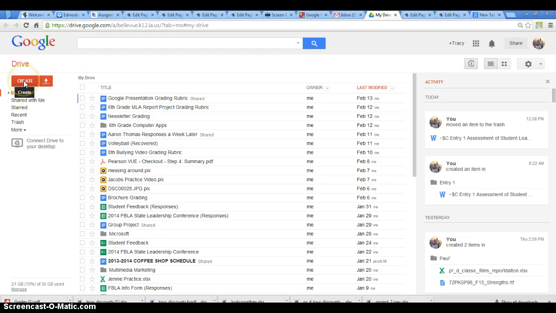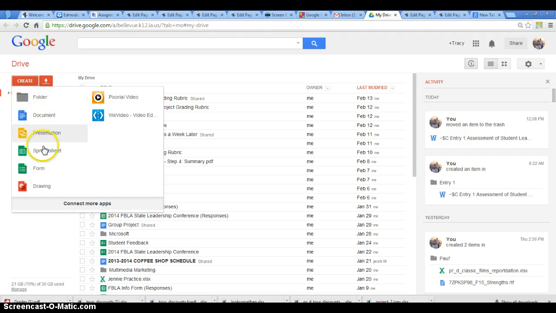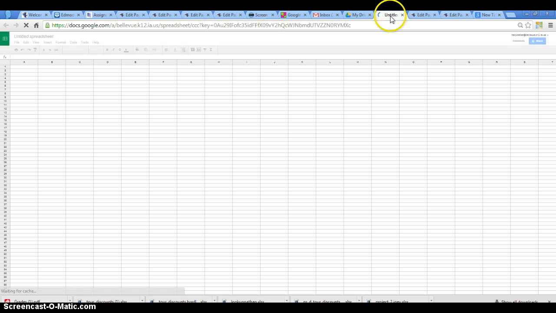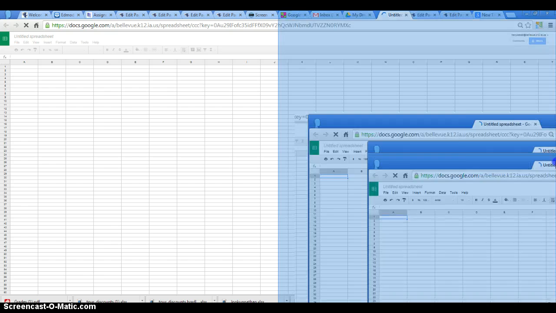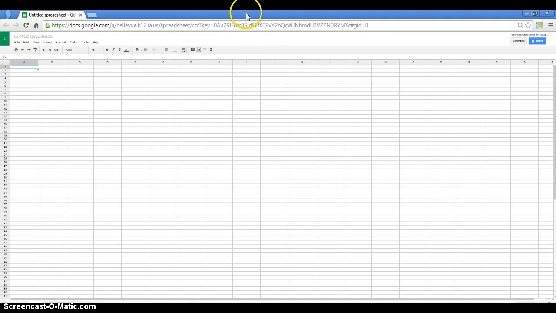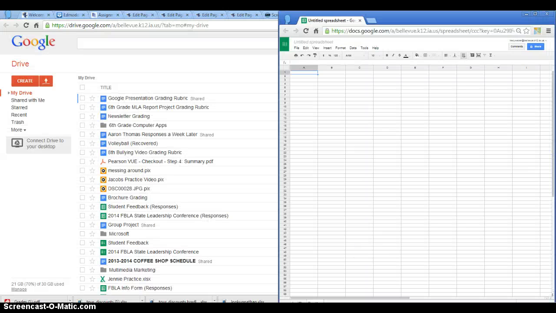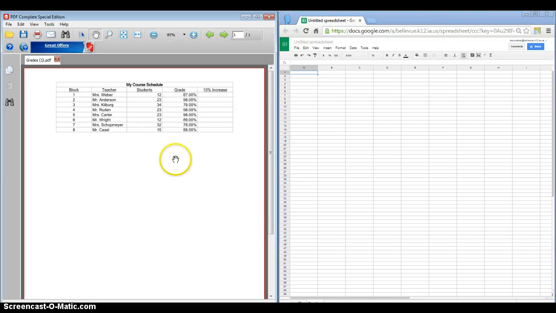Okay, this is how you create a Google spreadsheet. Go to your Google Drive online, click Create Spreadsheet, and then I'm going to get this on half of my screen, and I'm going to get that PDF file that's in your lesson plan on the other half of my screen, and I'm just going to start entering the data before I start to